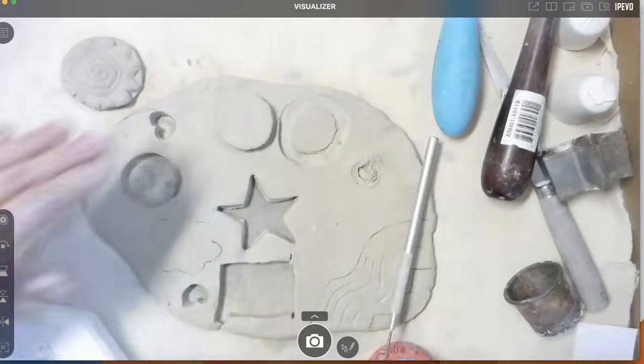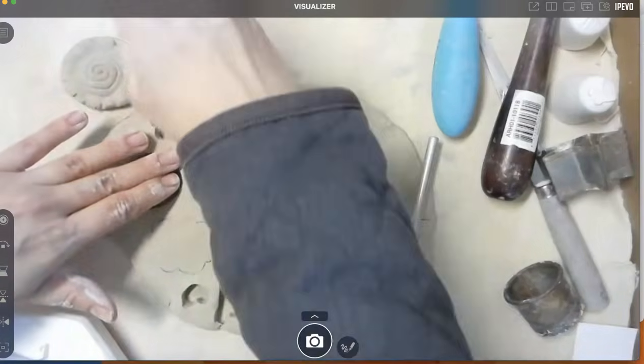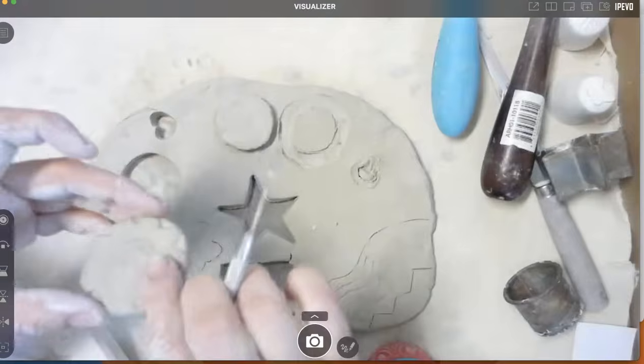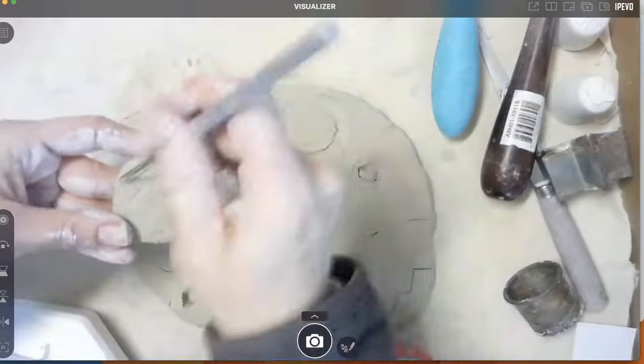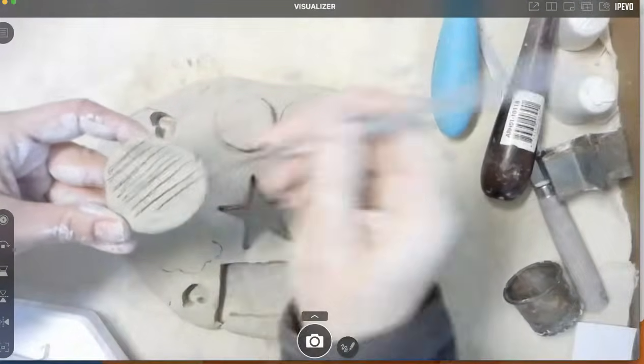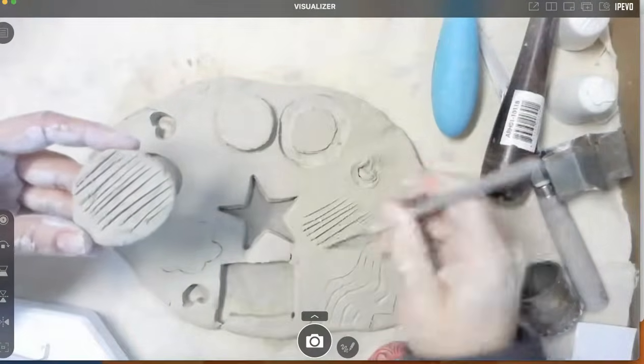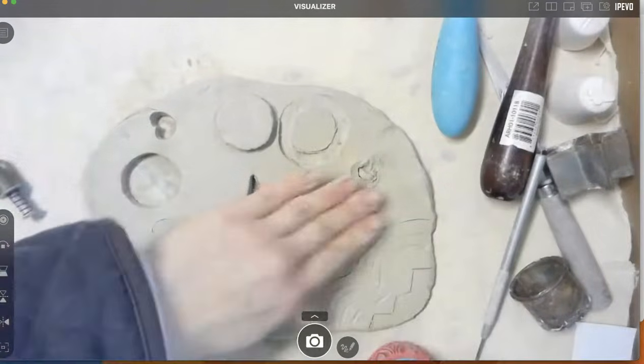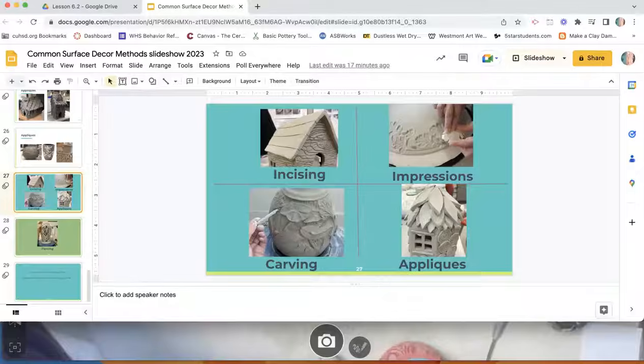But just make sure that you're also taking time to clean up the edges of where you have slipped, right? I can use this piece. This was from that sprig mold of that sun. And again, I can score, add my slip, and then attach it on there.